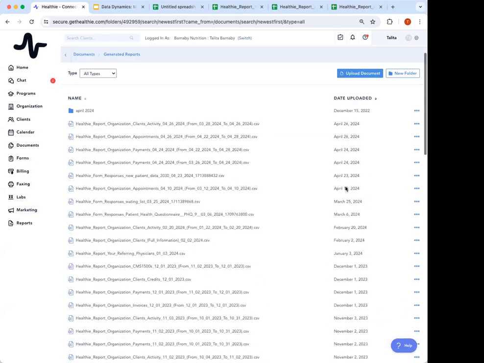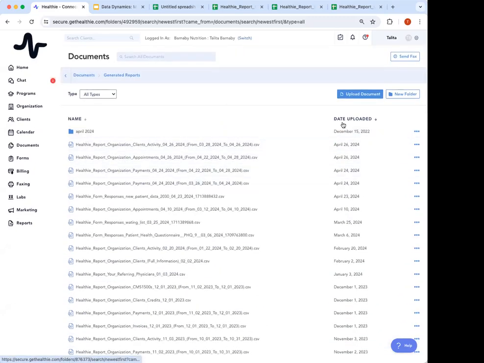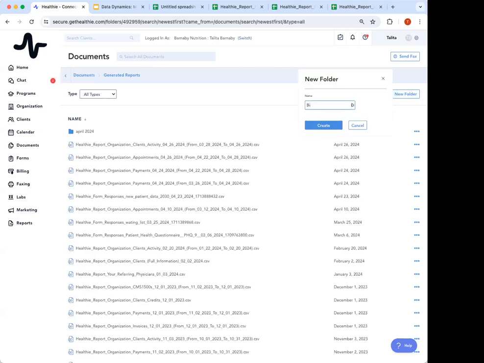If I go up in here, you see I have one folder. You are able to create folders and organize them. You can organize them by type of report, or by the month or the quarter, whatever makes it easier for you to understand. So, let's say if I wanted to do